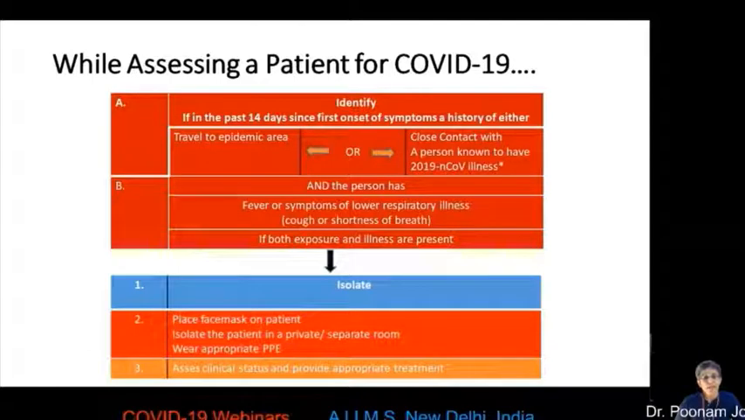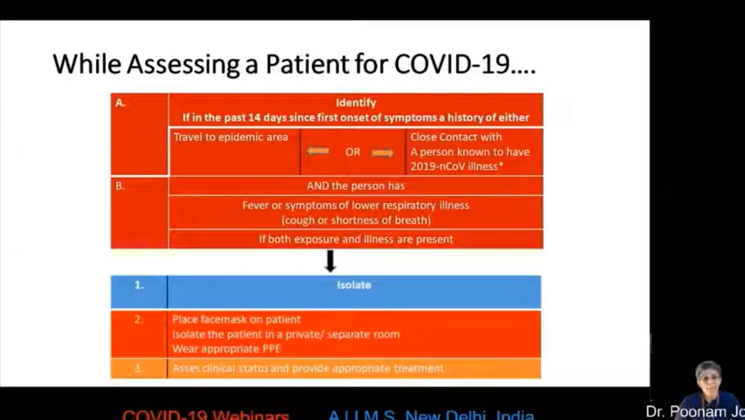Along with this, the person can have dryness of the oral cavity leading to progressive cough, fatigue, malaise, and later on some GI symptoms such as vomiting and diarrhea can also be noticed. So if both exposure and illness are present and confirmed by a laboratory test, we need to isolate the